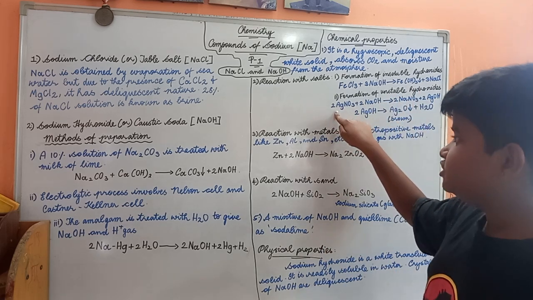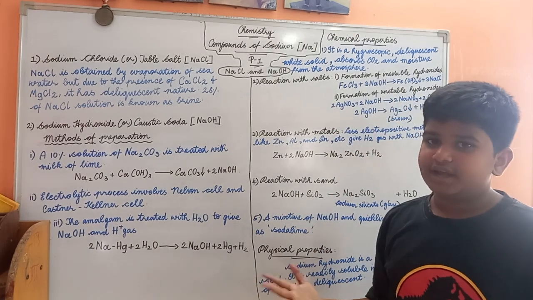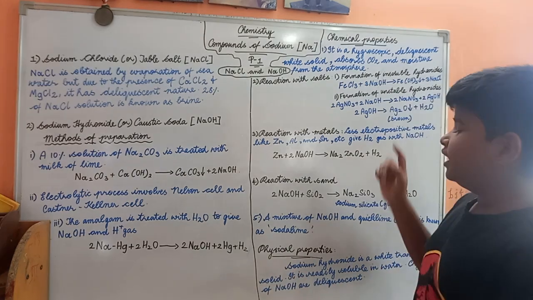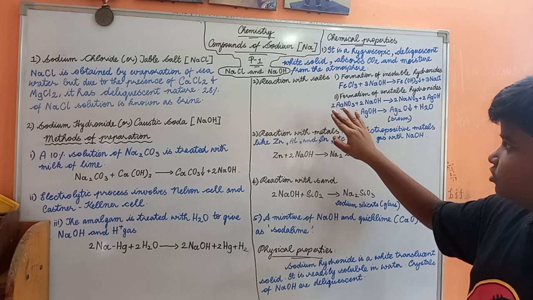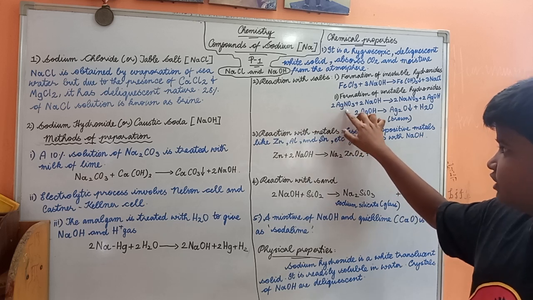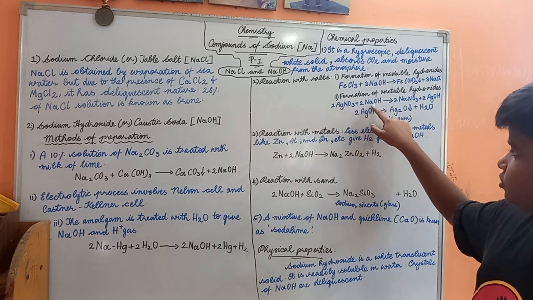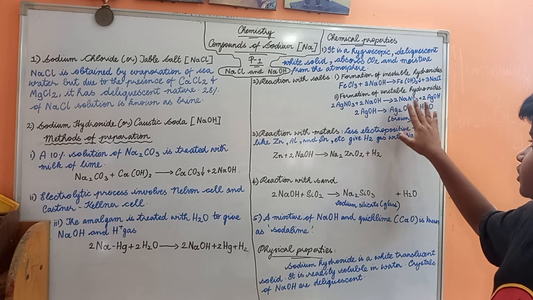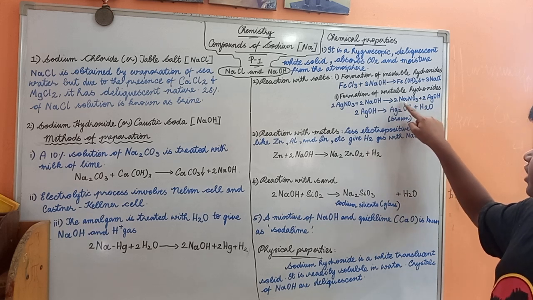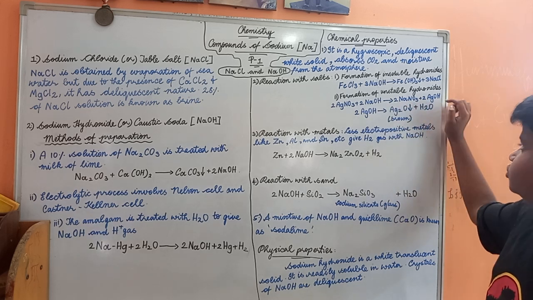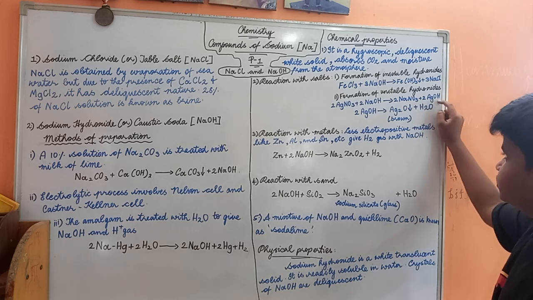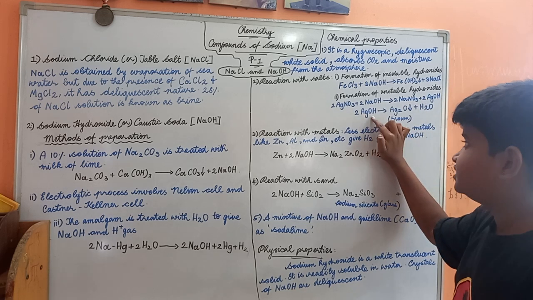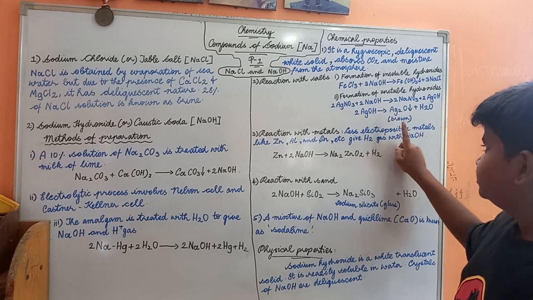So 2Ag. Ag means silver and Au means gold. Au means aurum. So 2 molecules of AgNO3 plus 2 moles of sodium hydroxide gives out 2 moles of NaNO3 plus 2 moles of silver hydroxide. So 2 moles of silver hydroxide reacts with